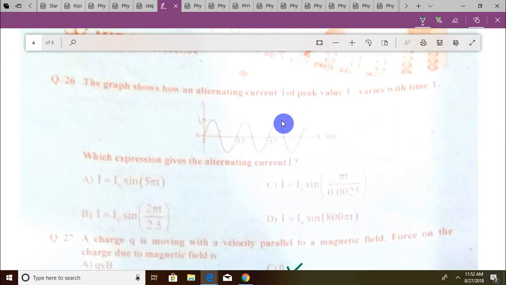ये इंपॉर्टेंट सवाल है। ऑल्टरनेटिंग करंट आई ऑफ पीक वैल्यू इतना वेरी करता है टाइम टी के साथ। ऑल्टरनेटिंग करंट की वैल्यू टाइम पीरियड आपको नज़र आ रहा है, ये मिली सेकंड में गिवन है, ये कन्वर्ट करना बहुत इंपॉर्टेंट है। आई नॉट तो ठीक है, साइन भी ठीक है, ओमेगा इंटू टी पर आए, ओमेगा होता है 2 पाई बाय टी, आपने 2 पाई को डिवाइड भी तो करना है। टी कैसे आएगा 2.5 इंटू 10⁻³ तो ये बनेगा